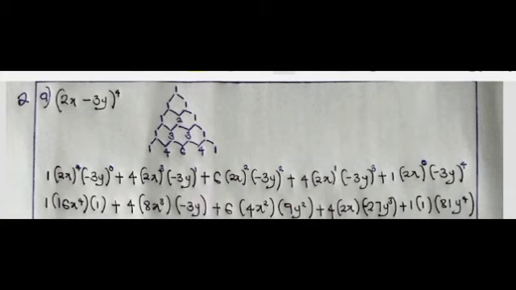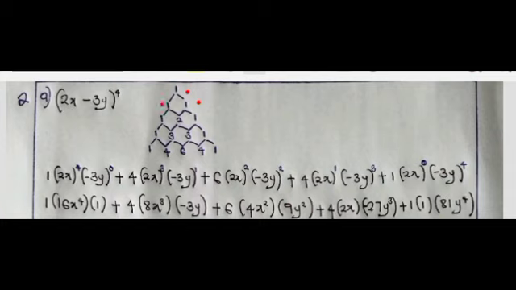Yes, welcome to the second part of the question, which says expand (2x − 3y) raised to power 4. When you are trying to expand that one, all you have to do is generate Pascal's triangle. Pascal's triangle is generated by saying the first value is 1, and then on the sides